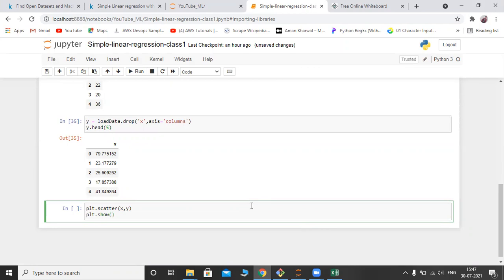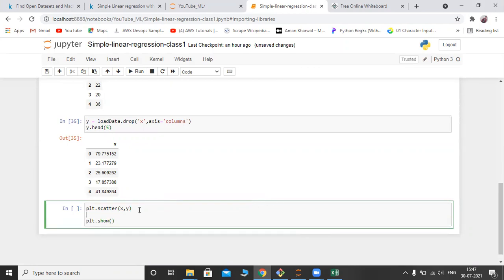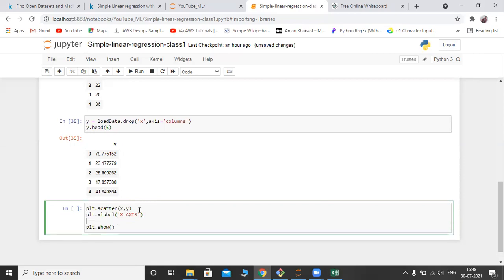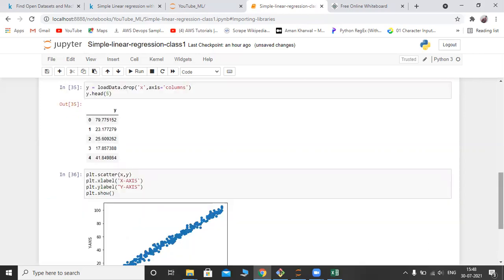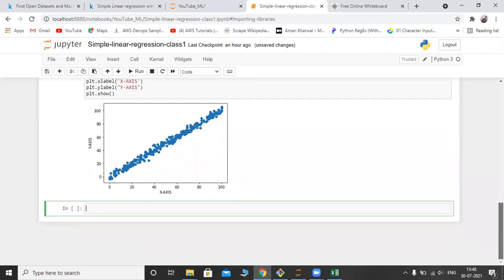Before show, let us give the names for x-axis and y-axis: plt dot xlabel is x-axis, and plt dot ylabel is the y-axis. See the visualization of our data. So this is the visualization of our data, how the graph looks after plotting all the data points.